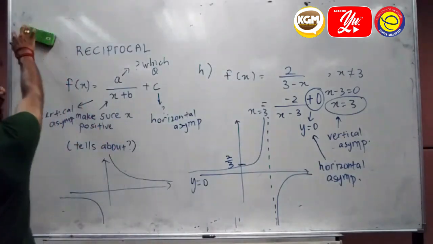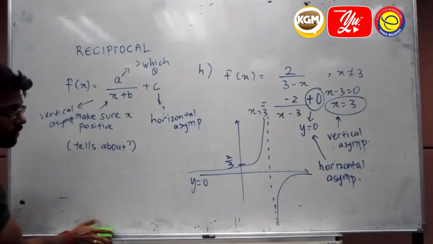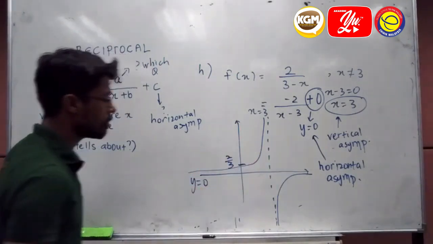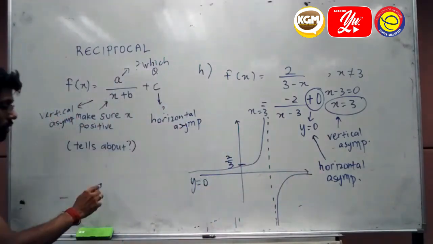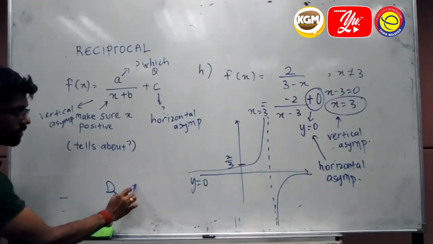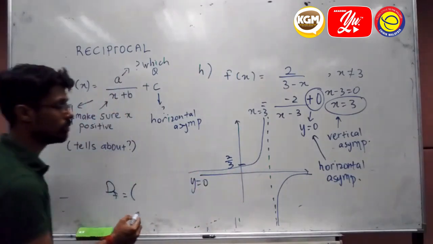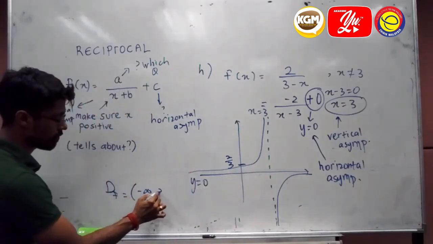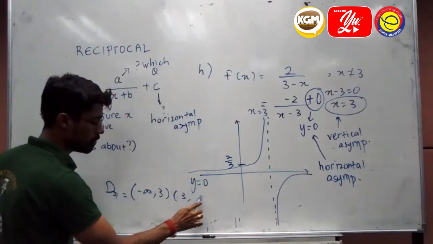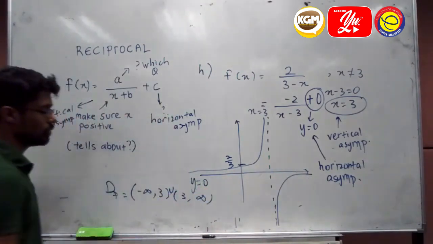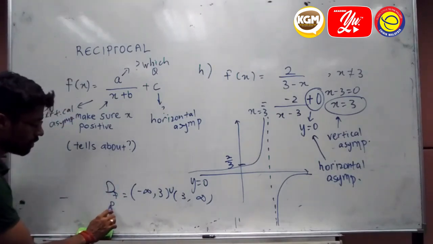So your domain and range here, okay, we can state that, but then you have to remember to see the domain separately, because here I got one function, here I got one function. So the domain of the first curve is going to be from negative infinity to 3, and this guy is going to be from 3 to infinity. I'm going to just put union there to unite the set of x. And likewise with the range,